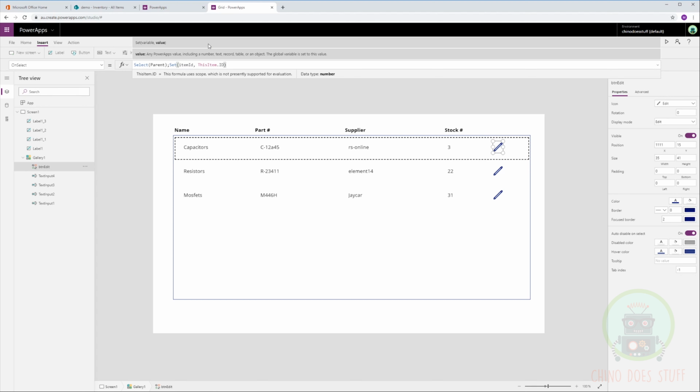ID. So that is the unique identifier for that row in the SharePoint list, because as we know, when you create a new item in the SharePoint list, it automatically gets a unique ID, and that is unique to the list. And what we're doing here, we're just setting our variable to this item ID, and then